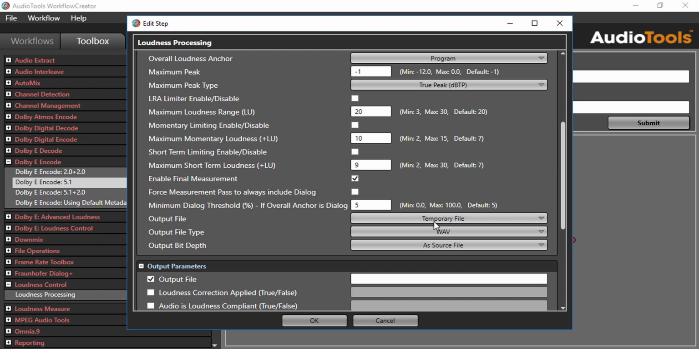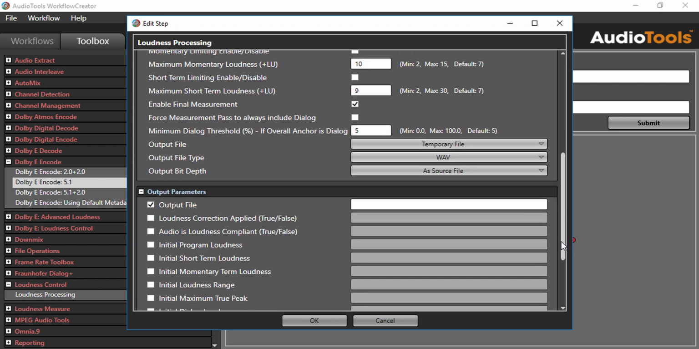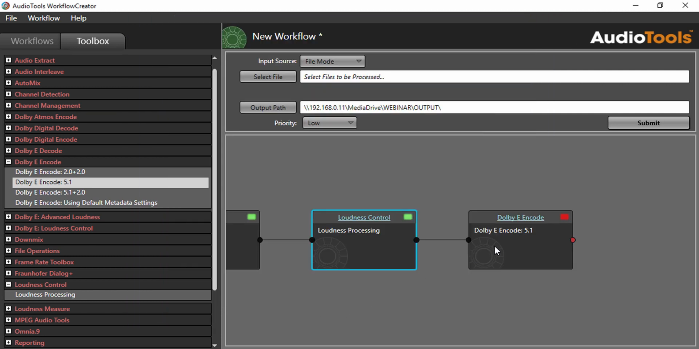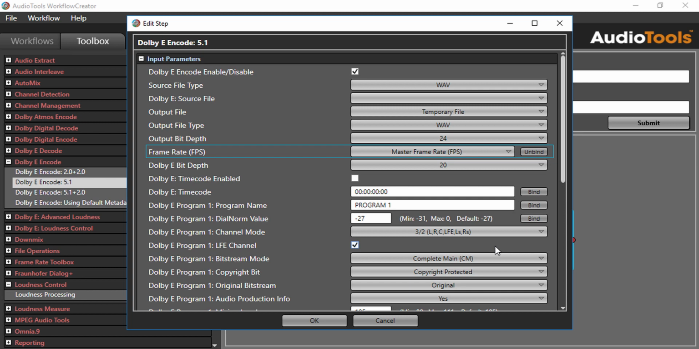I'm going to leave the output file option as temporary and jump to the output parameters section, where I'll need to give my output file a reference name. I'm also going to enable the final program loudness option and give that a name too. Okay, that's all done. Moving to the last step in my workflow, Dolby E encode 5.1, I'm going to select